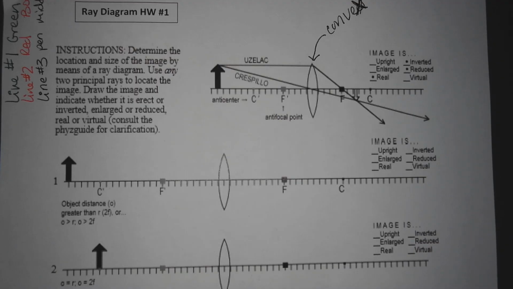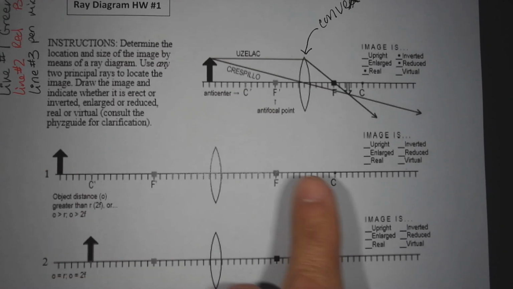It's not a plain flat, meaning that when I produce an image, it could be virtual or it could be what we call real. It could be upright, it could be inverted, it could be enlarged, it could be reduced. I don't know yet, but I'm going to have to do my drawing so I can figure out what it's going to